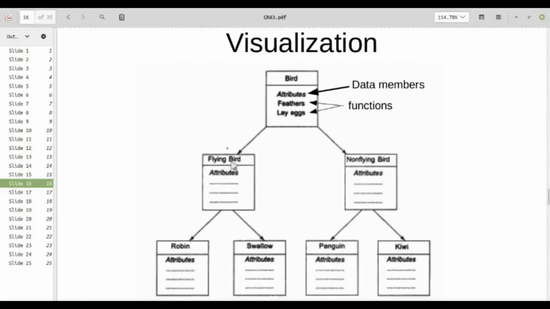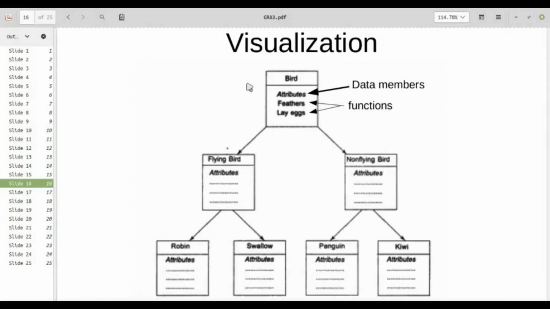Now for flying bird class, we can have several objects, and the same thing can happen for non-flying birds. So we know that penguin, kiwi, emu, these things are non-flying birds. So these can be treated as objects for non-flying birds. Similarly, swallow, robin, parrot, everything, they are the examples of flying birds. But both flying and non-flying, these two classes are nothing but subclasses or derived classes, as they have the same properties and same behavior of the bird class, because bird is nothing but a generalized representation.